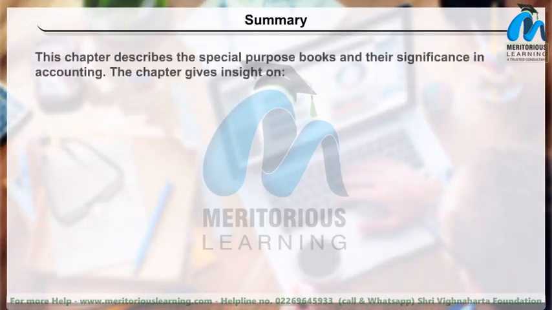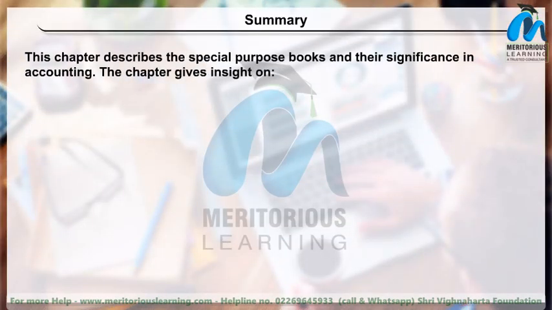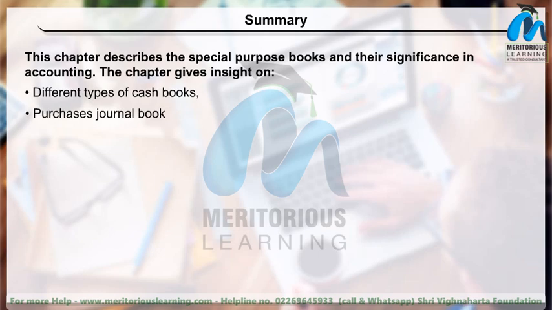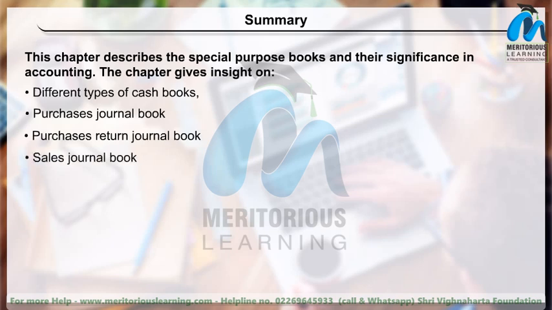Summary. This chapter describes the special purpose books and their significance in accounting. The chapter gives insight on different types of cash books, Purchases Journal Book, Purchases Return Journal Book, Sales Journal Book, Sales Return Journal Book, Petty Cash Book,